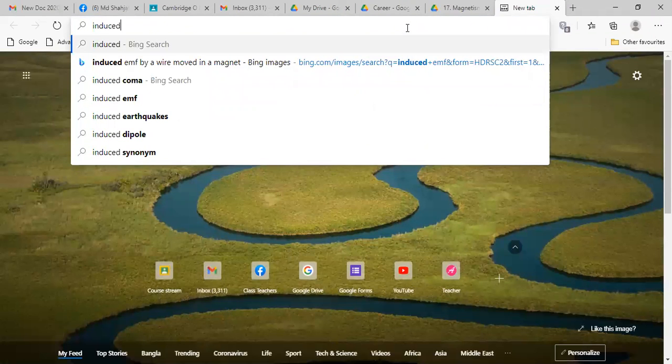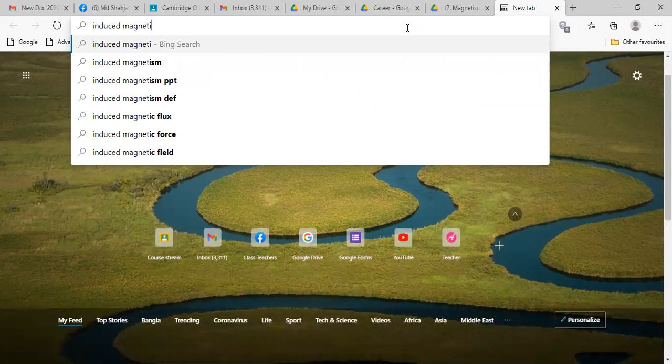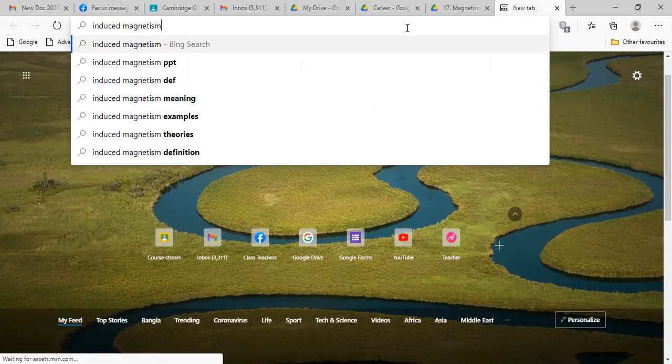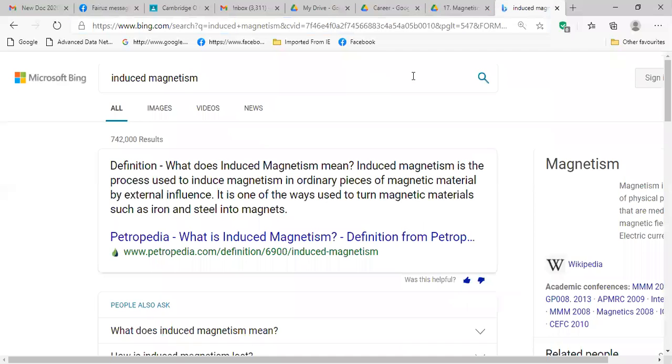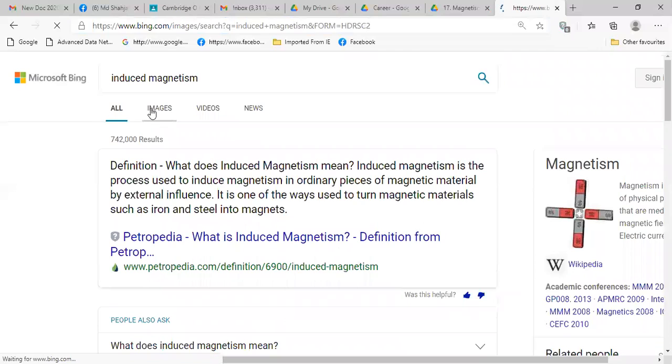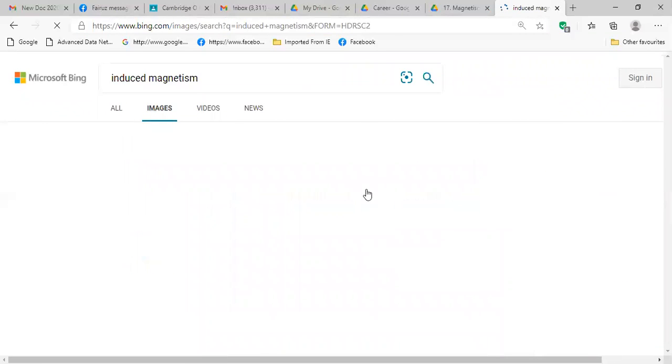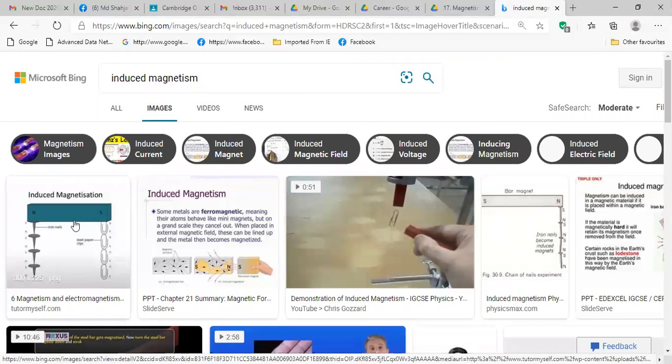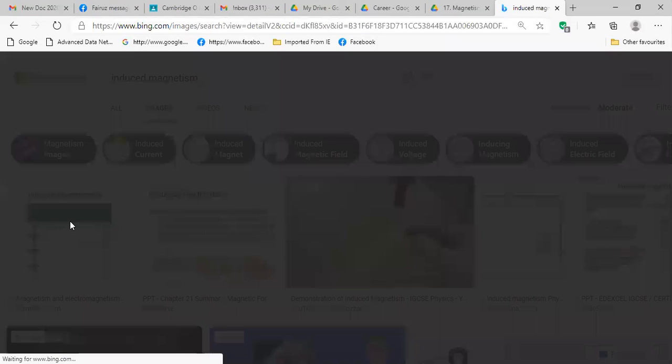Yes. Understand it? Yes, sir. You see this one? You draw this diagram. Okay, sir.